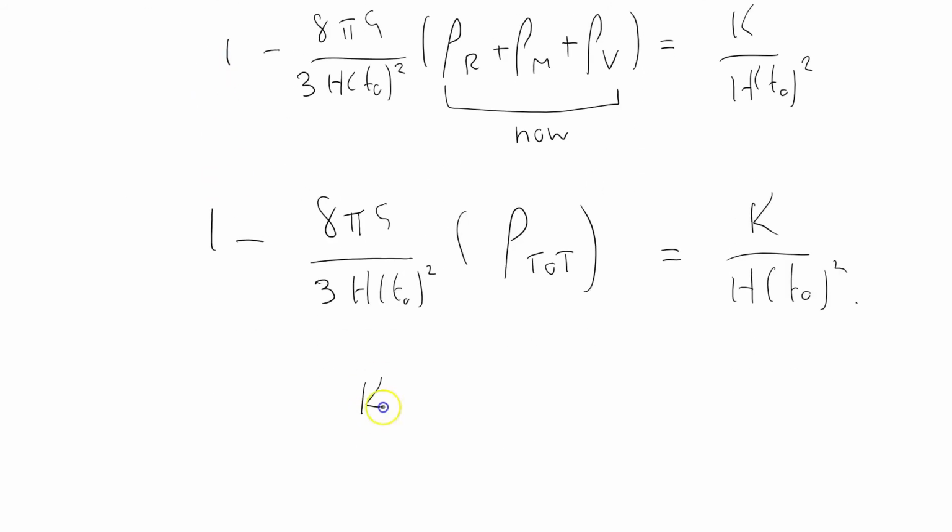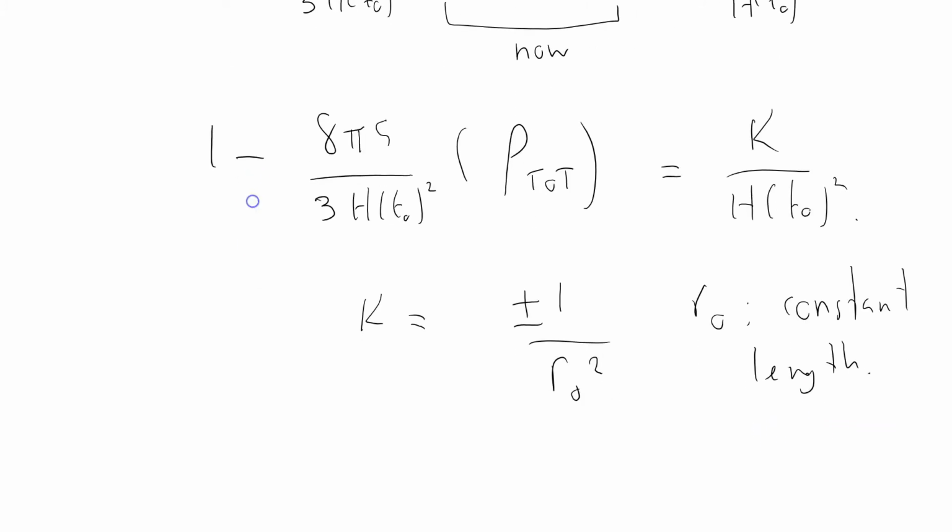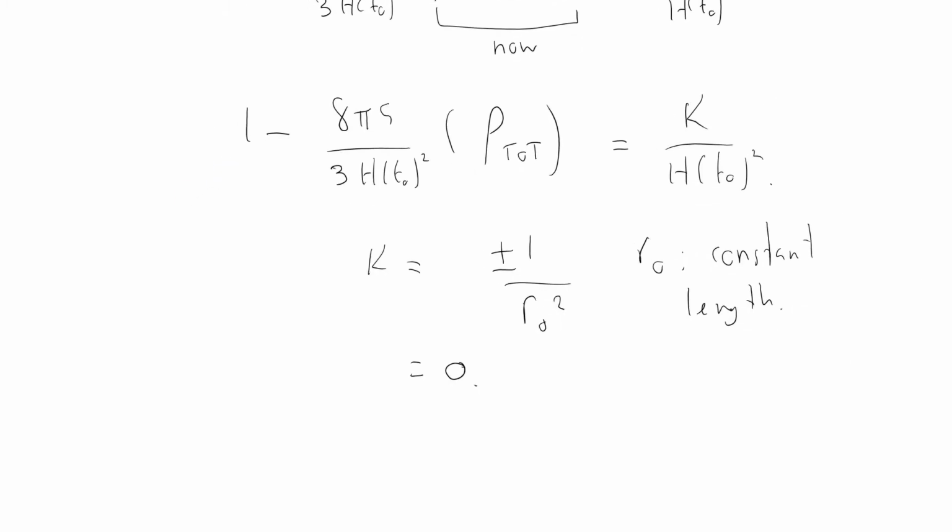Now you'll remember what k was. k was equal to plus or minus 1 over r0 squared, where r0 was a constant length, which I called the radius of the universe. I guess k could have been equal to 0 as well. And we could think about that at the present time. So it's pretty clear that the sign of k is an indicator